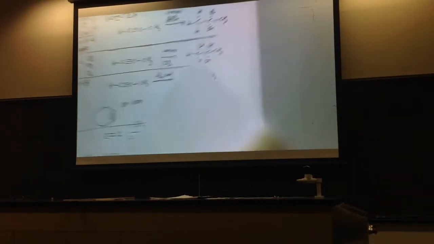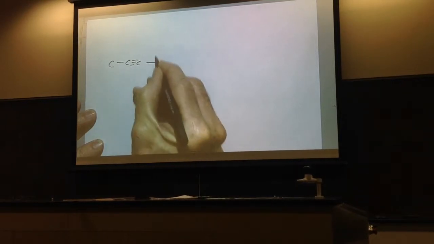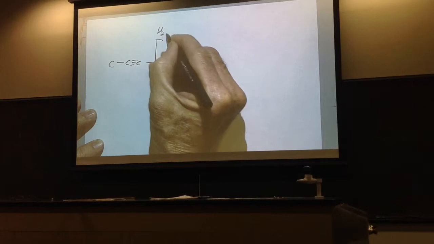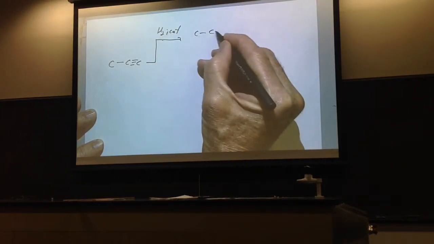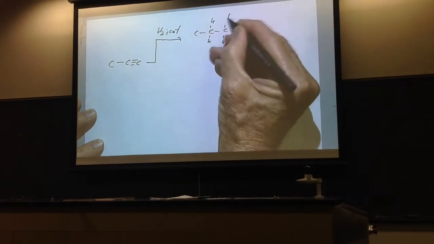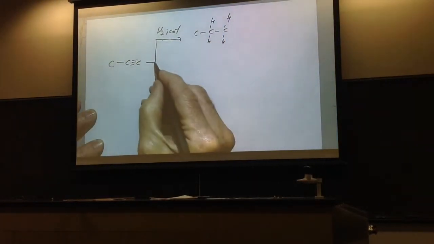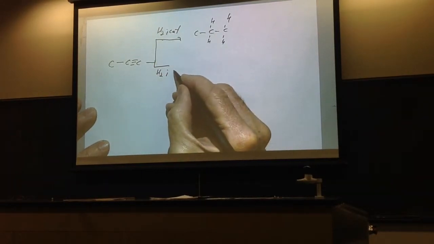See? So typically, here's what you'll see. If you have a carbon-carbon triple bond, and you add just hydrogen gas and a catalyst, you're not going to get a stop. You're going to have to go all the way to an alkane. But if you add hydrogen gas and a poisoned catalyst,